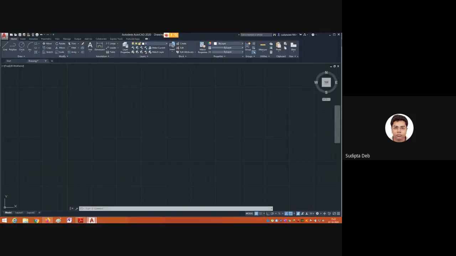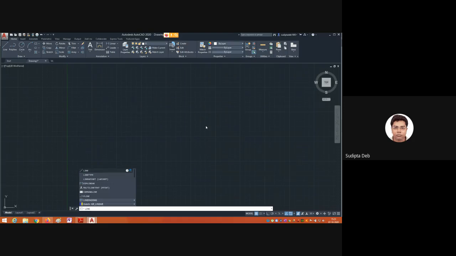So come here and try to draw. The command is line first. So write down line. Type in the command line. Okay. So when you type in the command line, maybe you will get another option with your cursor.